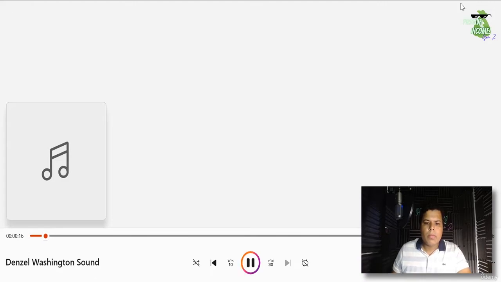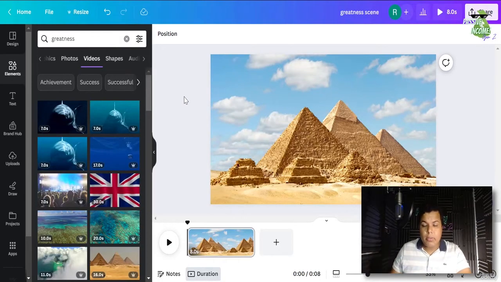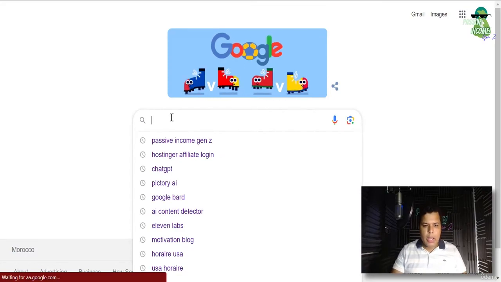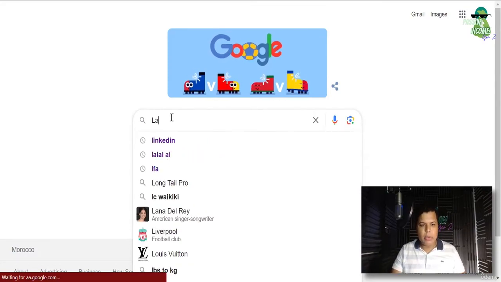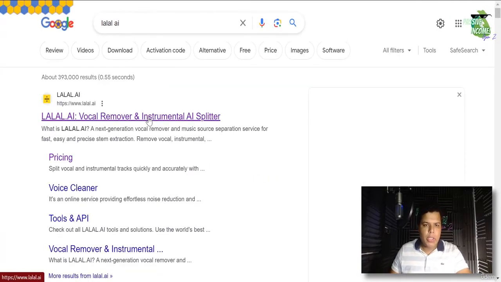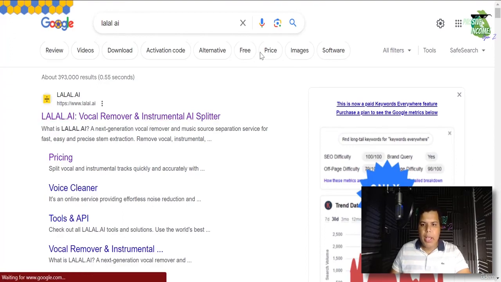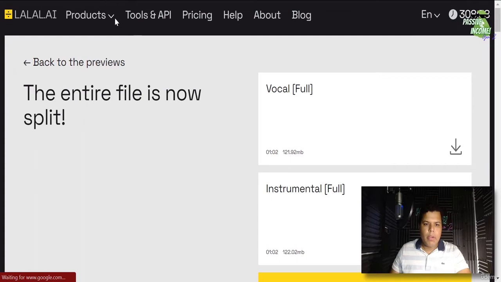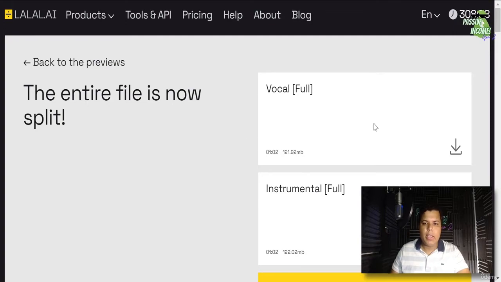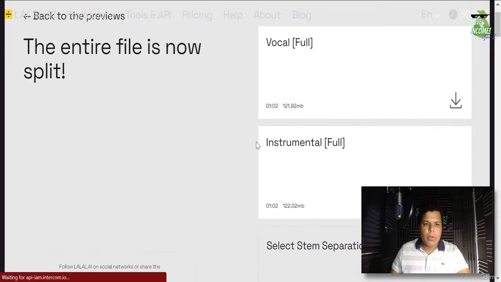Nothing. All right, you can see over there that that's the sound, except for the fact it has the music in the background. So one way to solve that is through the AI tool, Lalal AI. Now, Lalal AI can help us extract only the sound from the video, which is pretty good for us because we're going to need it to create a video using Canva. So I'm going to click on Lalal AI since I already have a subscription that I've just paid about $25 for. I'm already logged into my account and I have 308 minutes left in the tank. Now here, I didn't want to load that, but let me just go back to Lalal. Okay, so